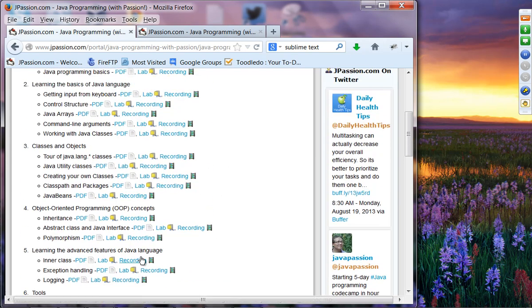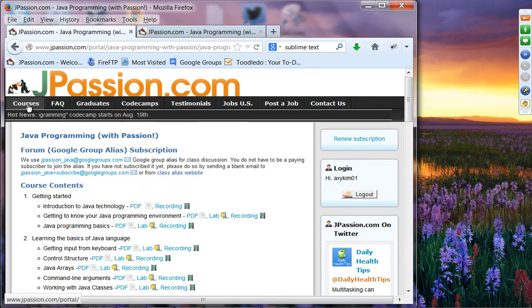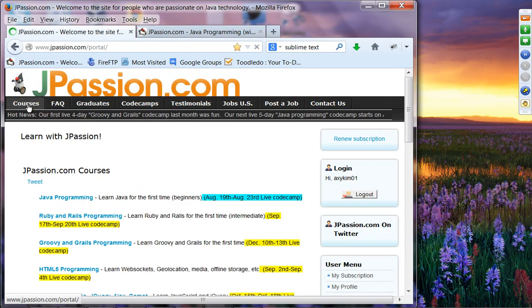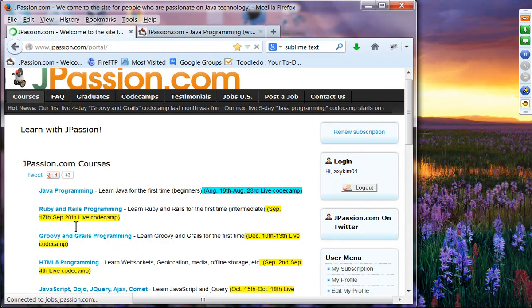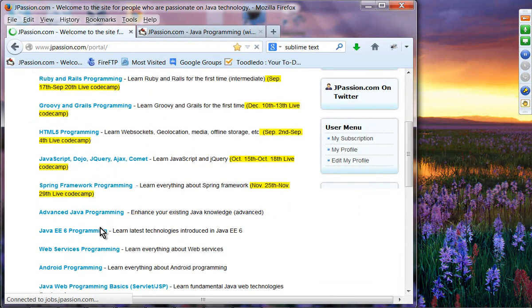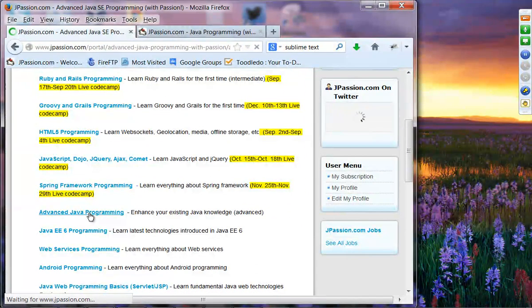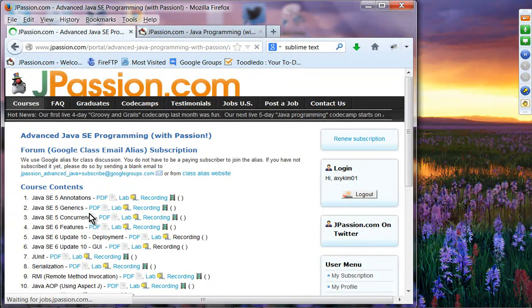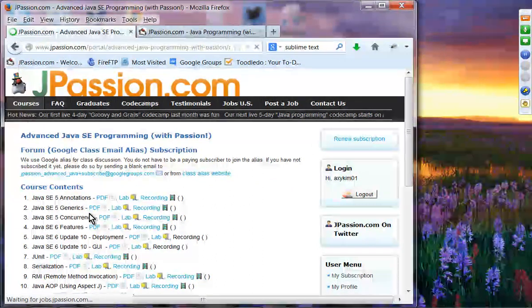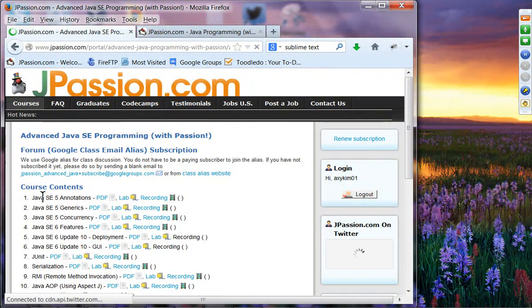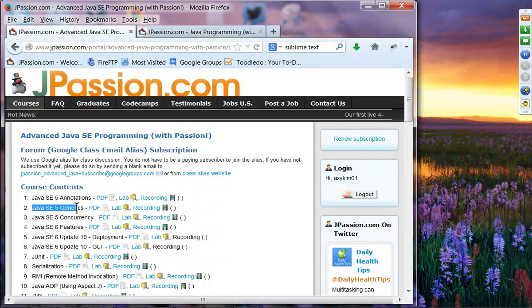So this is from Java programming, but we are going to cover a couple more topics from advanced Java programming as well. If you go down the course list, we have advanced Java programming here. Java SE5 introduces a few important features, so we are going to cover annotations and generics as well in this code camp.